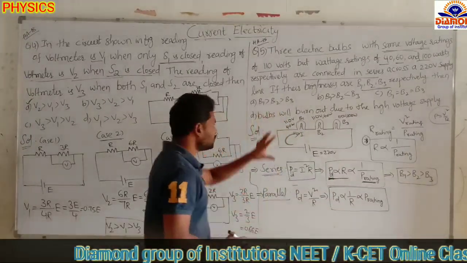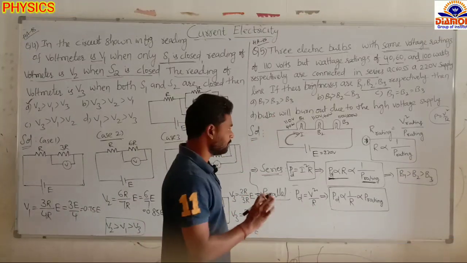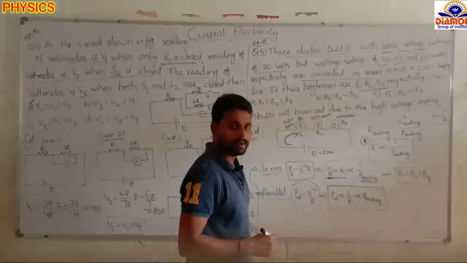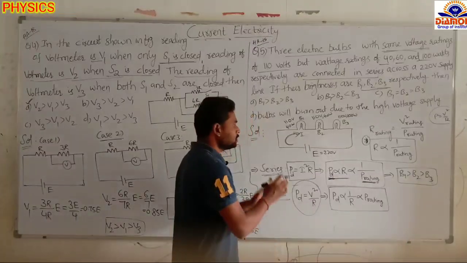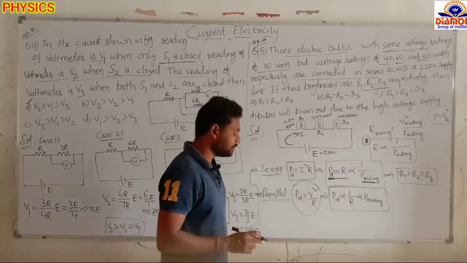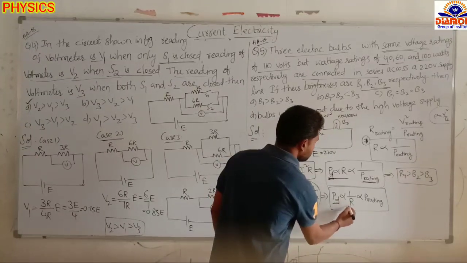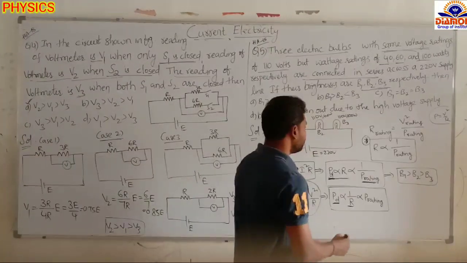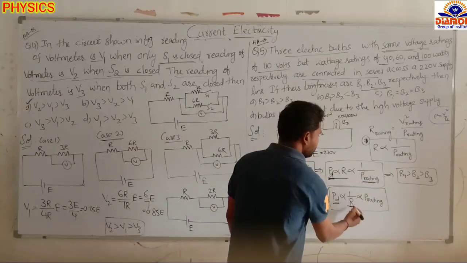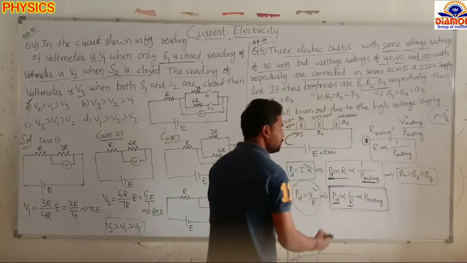Remember, if the bulbs are connected in parallel, the voltage is constant, the same. So in terms of voltage we write the formula P equals V square by R. So power dissipation equals V square by R. In parallel, all bulbs get the same voltage, so V is constant here. The relationship is that power dissipation is inversely proportional to R, and R is inversely proportional to the power rating. So here I am writing that 1 by R is directly proportional to the power rating. From this, power dissipation is directly proportional to the power rating.